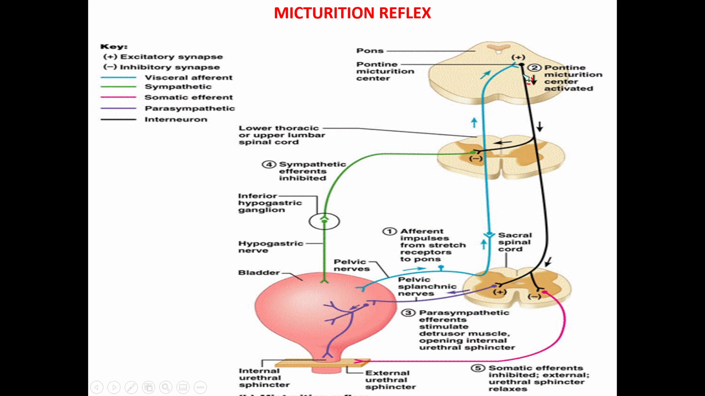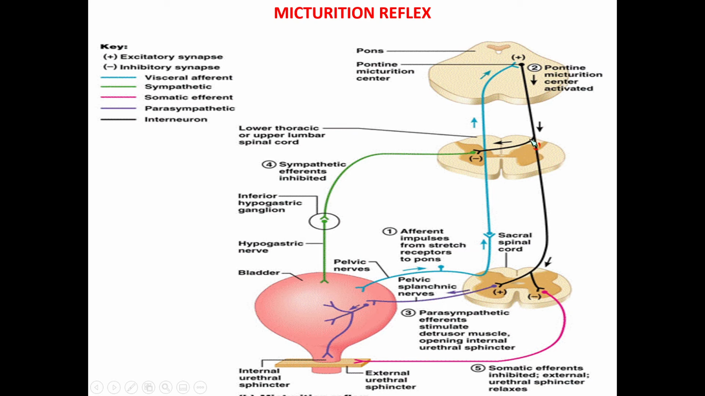And normally this pontine micturition center is kept inhibited by the higher centers, and the higher center will allow it to be stimulated. The stimulation is coming from the urinary bladder also, and the inhibition of this pontine micturition center will be released by the higher center whenever you find it socially acceptable, or you find a toilet to empty your bladder. So the pontine micturition center is stimulated by these impulses coming from the pelvic nerves, and they will send impulses down to your